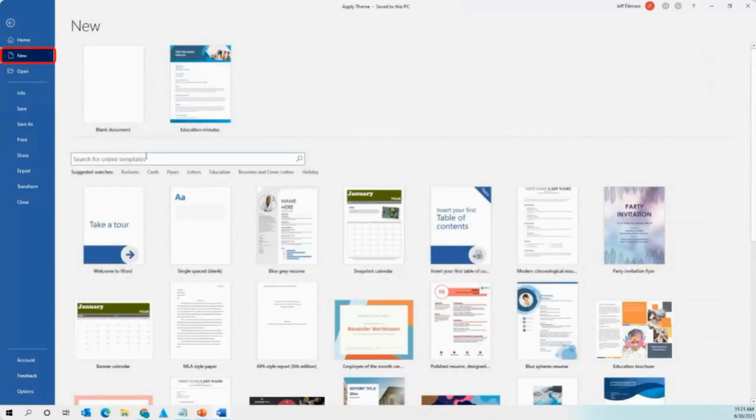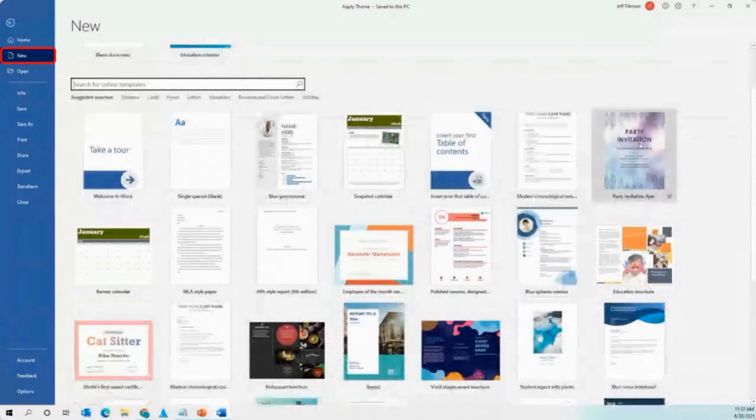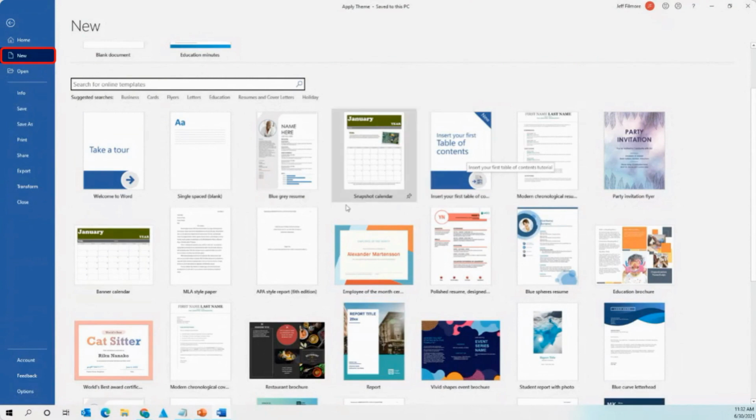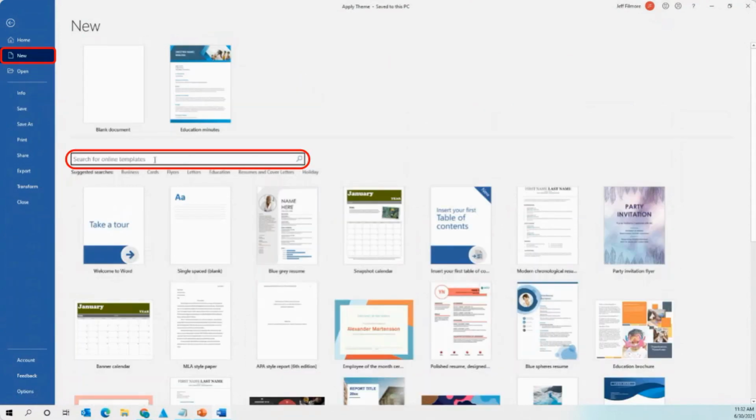Instead of choosing blank document, you can look down here, and it's going to give you some suggested templates that you could start off with. For example, there's a resume, calendar. There's a document that has a table of contents already built in. But in addition to that,